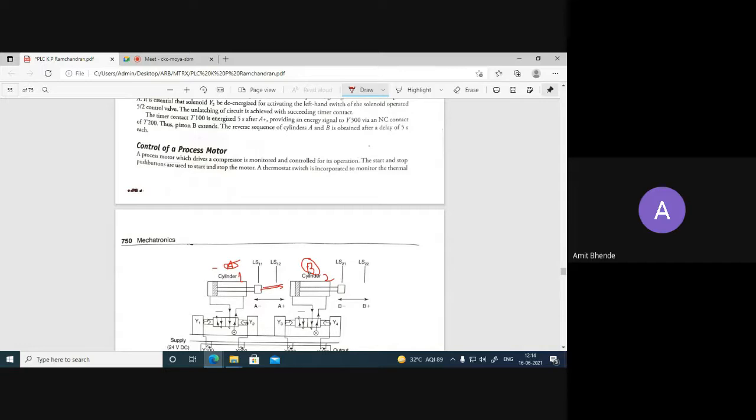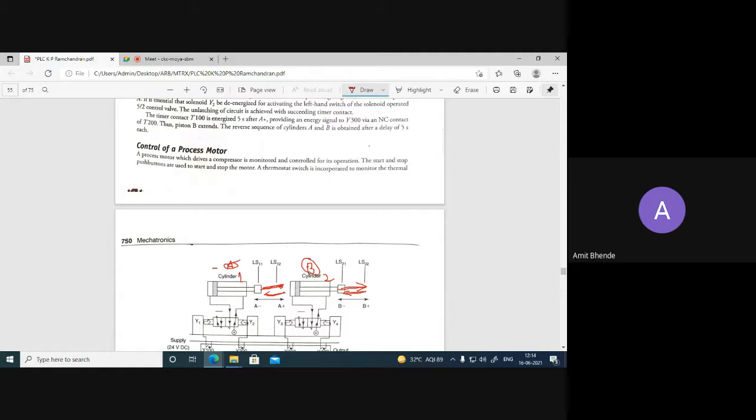First, cylinder A will extend, then cylinder B will extend, then cylinder A will retract, and then cylinder B will retract. Okay, so this is the pattern required. I repeat: first cylinder A extension, cylinder B extension, cylinder A retraction, and cylinder B retraction.